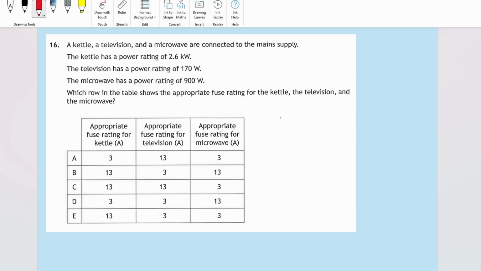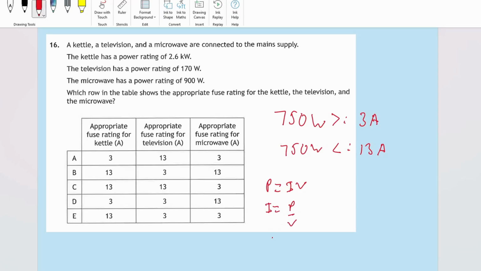So, a lot of people learn it as if the power is less than 750 watts, then you use a 3 amp fuse, and if it's greater than 750 watts, then you use a 13 amp fuse. But the reason behind this is if you do P equals IV and you do I equals P over V, and you sub in any power, let's say 170, and since it's the main supply, we do 230, I works out to be